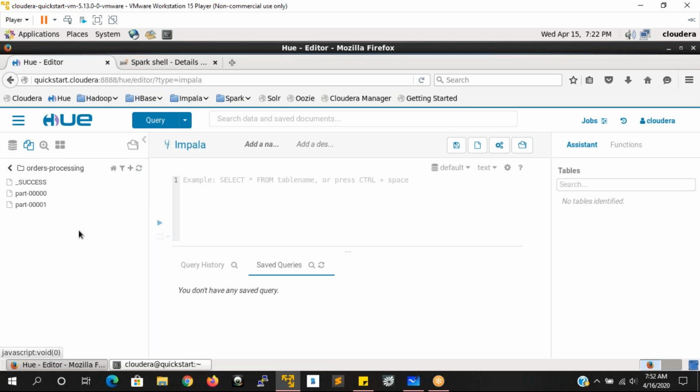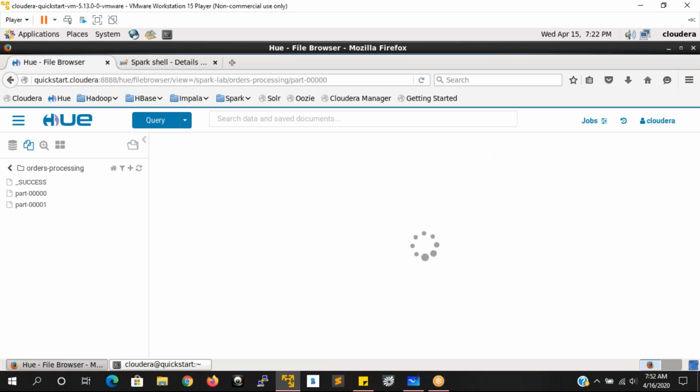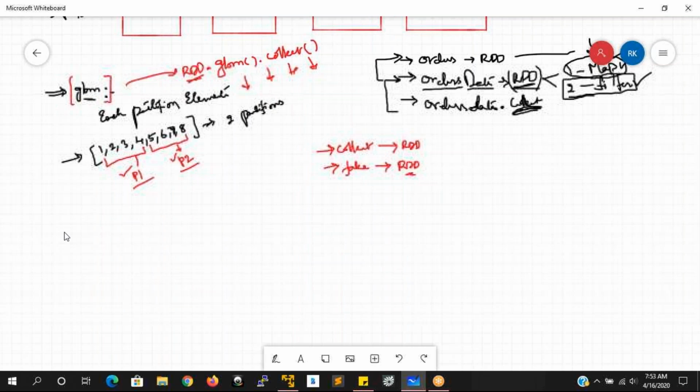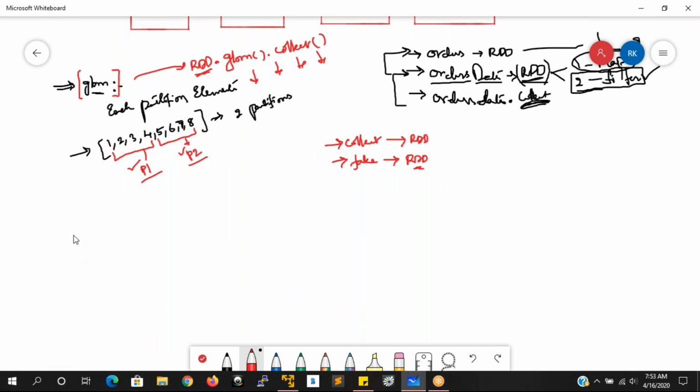Now here, how many files are you seeing, Madan and Hari? Two files. Why are we seeing two files? Two partitions. So your RDD is having two partitions. This data has been determined by how many partitions that RDD is going to have. If an RDD has a certain number of partitions, that many files are going to be created in a directory, and into these files the complete RDD partitions are going to be